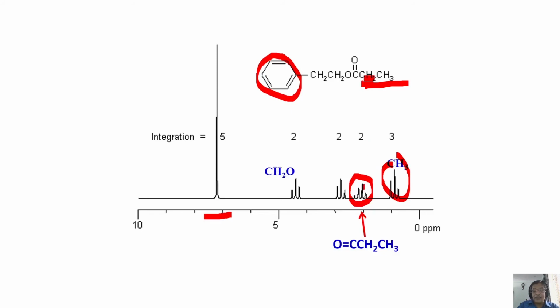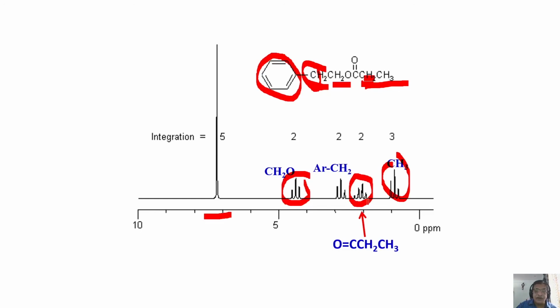And next, this is CH2 attached to O, comes downfield, and it is a triplet because it is coupled to this. Then this CH2 is coupled to this. So that has to be this aromatic CH2. This is a very important thing you have to see. It comes downfield because it is attached to C double bond O, and in case of a confusion, let us say, between this CH2 and this CH2, which is coming downfield, whether this is CH2O or this one.